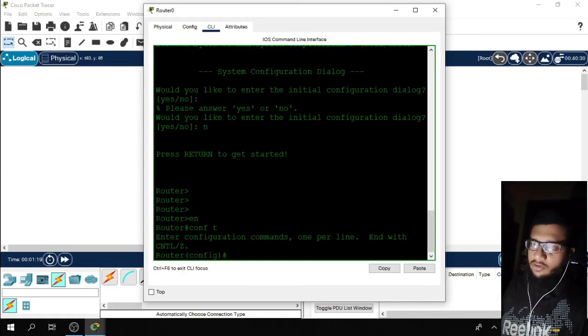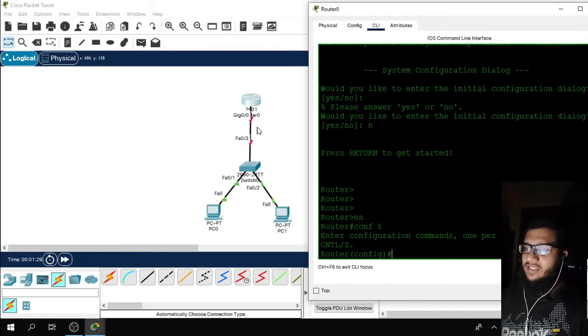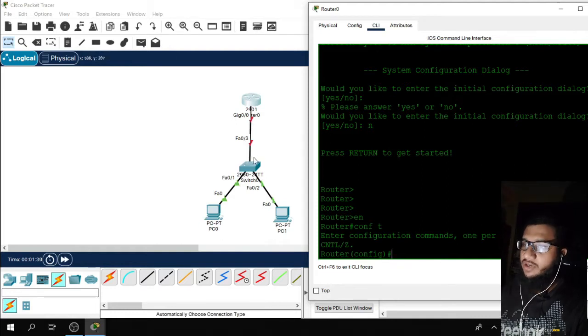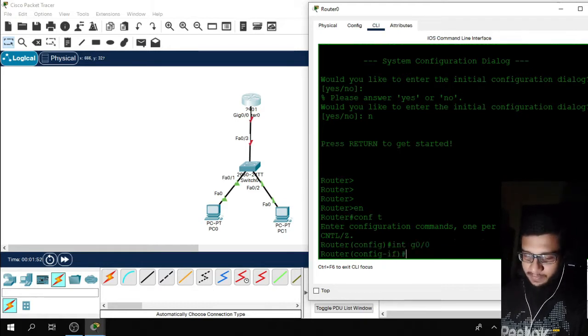After moving into the configuration terminal, you have to assign the IP address on the interface, which is gigabit 0/0, because your PC will send a packet from here, and this packet will go to this router through this particular interface, FastEthernet 0/3, and FastEthernet 0/3 has been connected with gigabit 0/0. So I'll type an IP address with the following command: interface gigabit 0/0, then ip address, and then give the IP address.